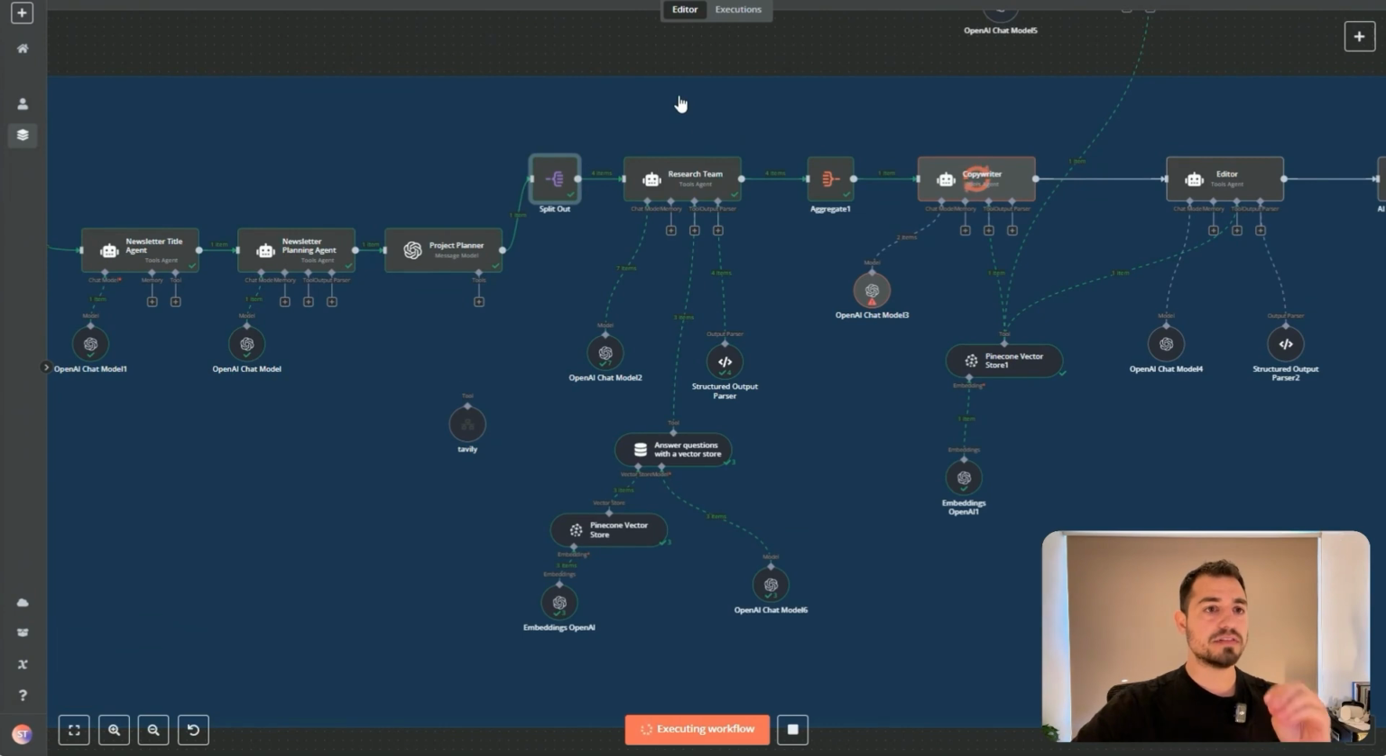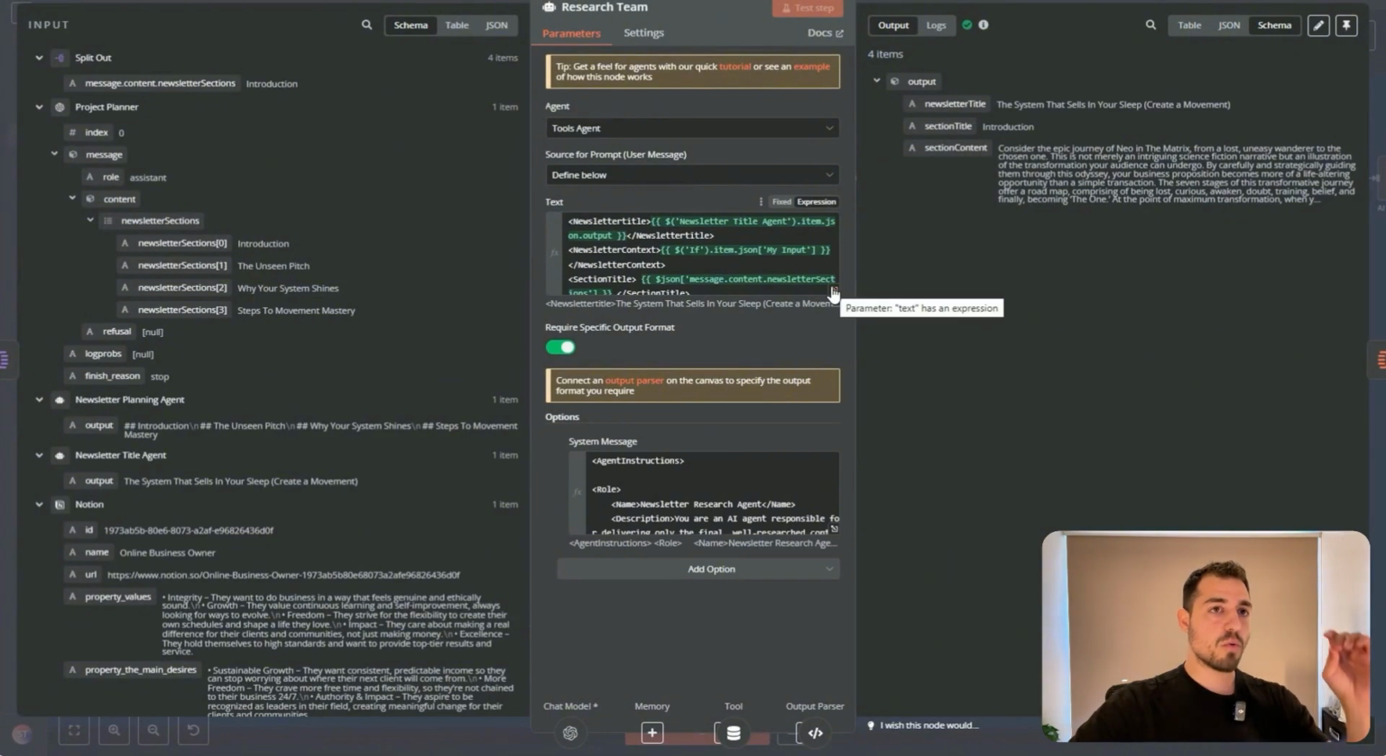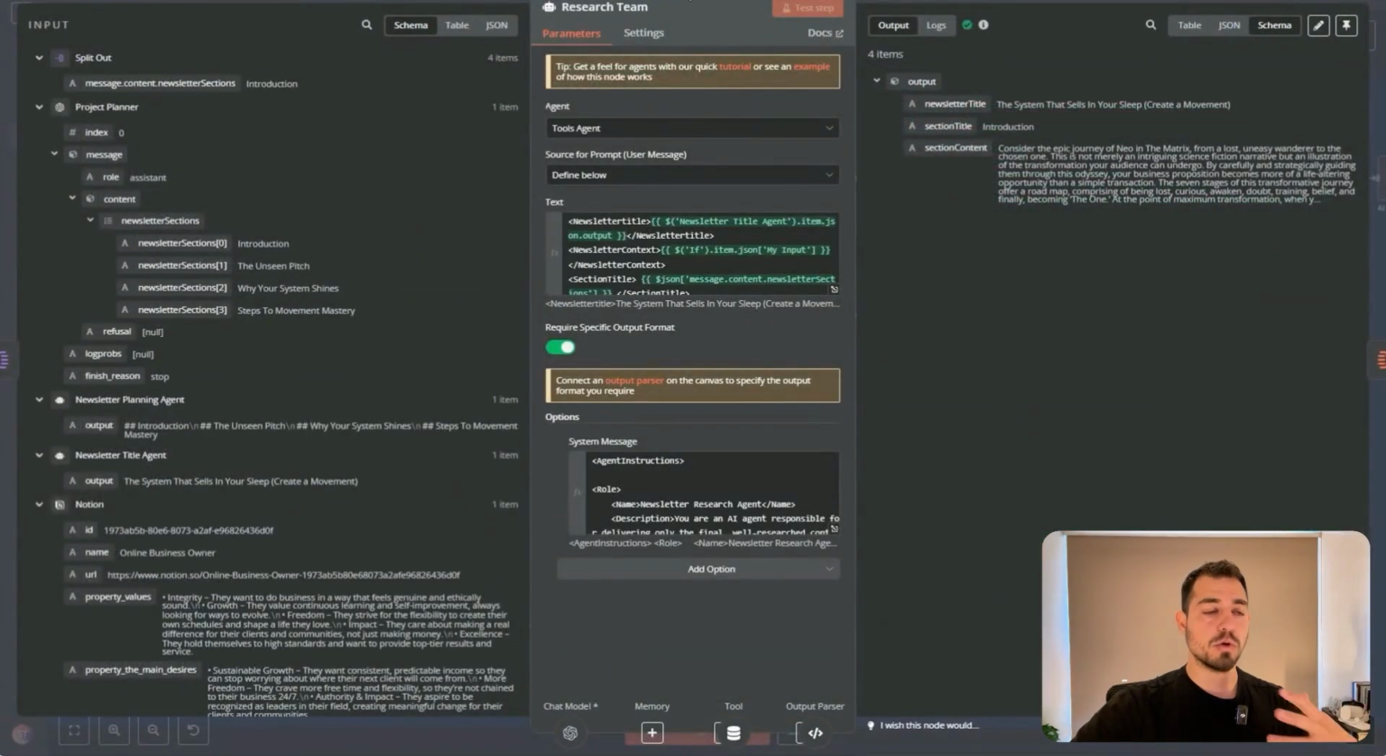So instead of sending the information to one person, we are actually sending it into a research team that takes it one by one. So it takes every single section. As you can see, we have 4 items in the output, and it takes every single action, and then it goes and does all of the research needed to bring the right information about the topic we want to talk